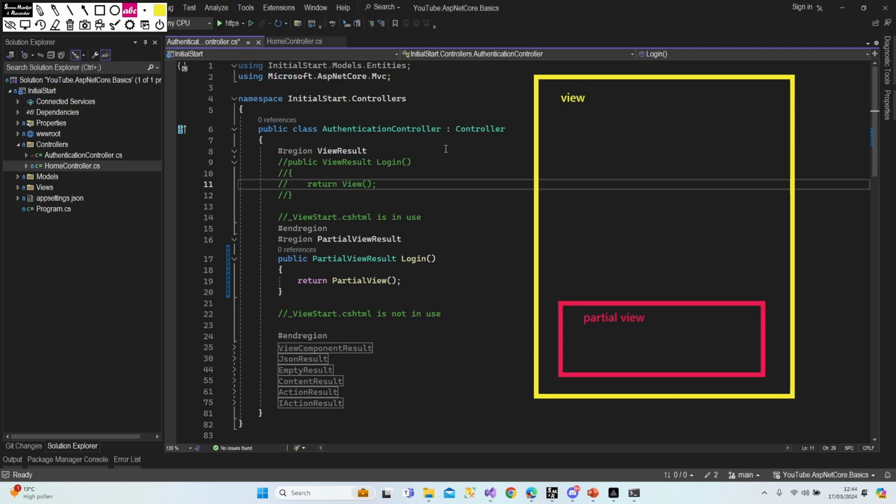Alright, as basic information, all views trigger the view start once they are initialized, but when it comes to the partial view result, they don't initialize, they don't trigger the view start CSHTML file, which we're going to make another video about, what the view start is. It is about a shared folder feature. Alright,